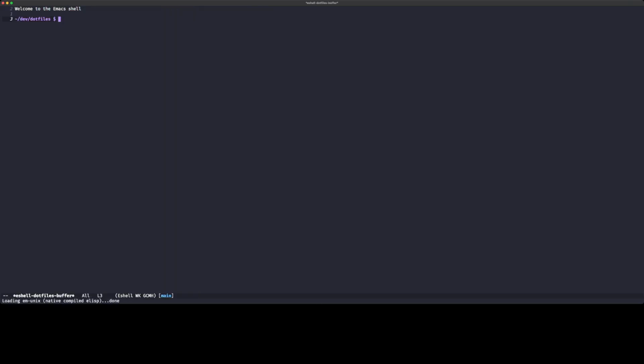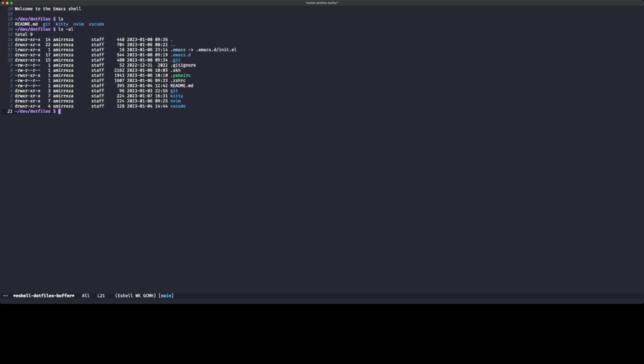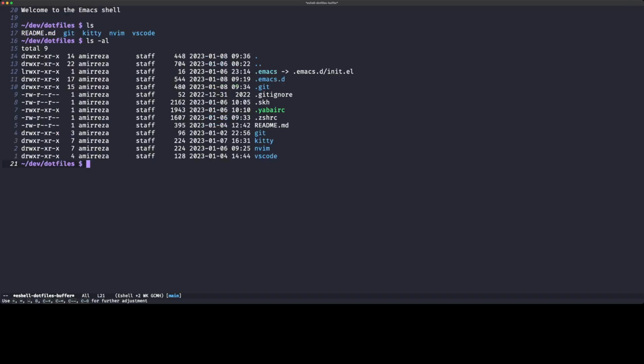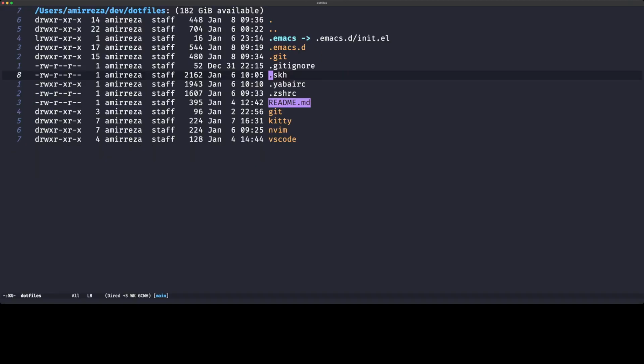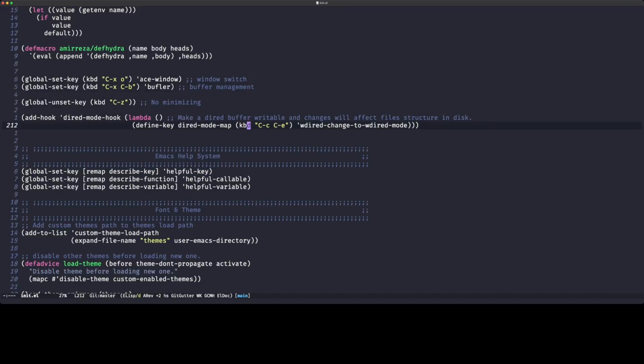So if I can show you in here, ls, ls -al, this is eshell. I will elaborate on this later as well. But you see that it really renamed this. I can bring that back to what it was. Let me see, what did I change? Yes, I don't want to do this. Okay. Let's go back to our init file. So it's that way of changing files in a really smart way. Just editing a text buffer and it will apply the changes to disk. It's rather